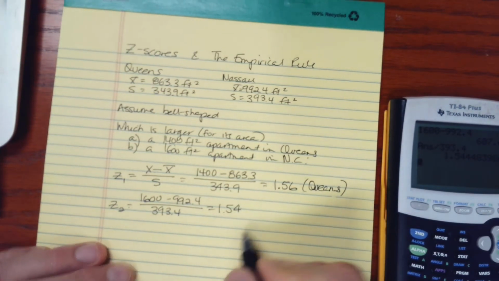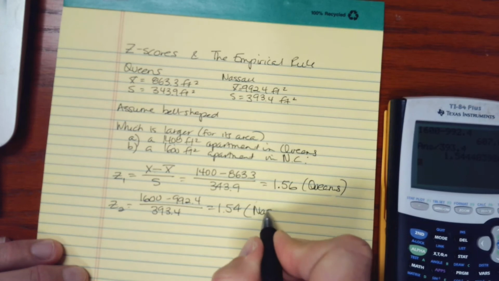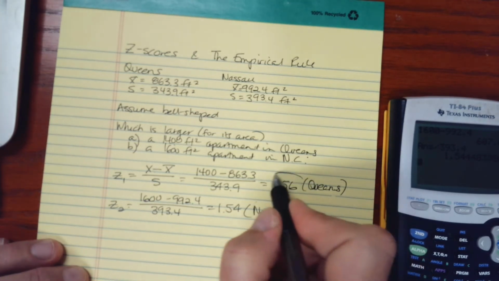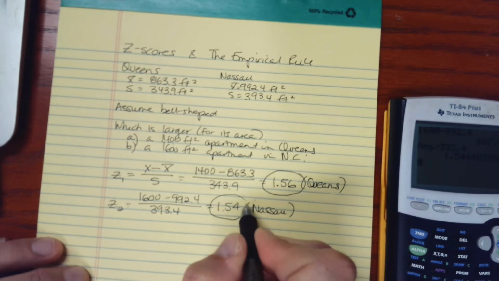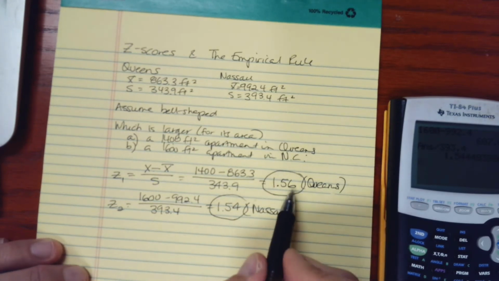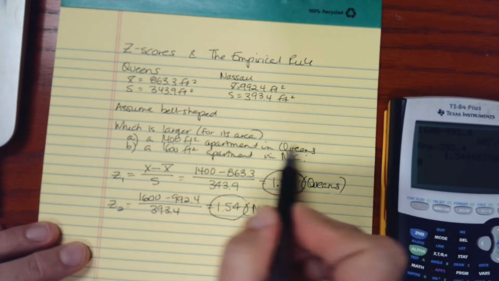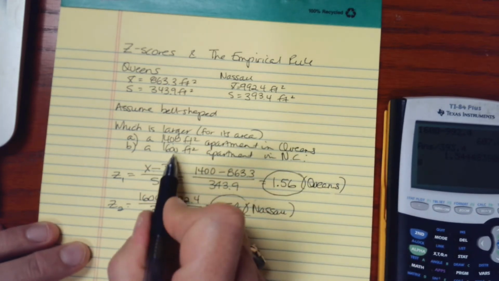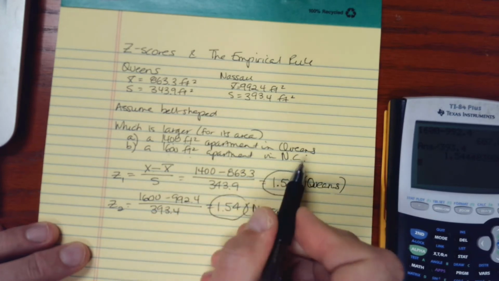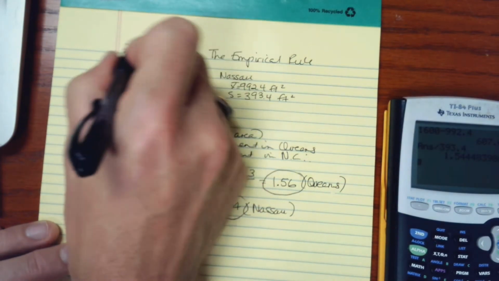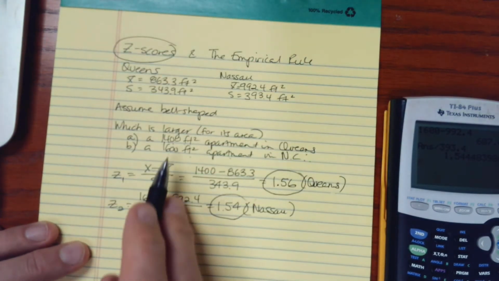I'm just going to round it to 2 decimal places. So this is for Nassau County. This z-score is larger than this z-score. So relative to its surroundings, the 1,400 square foot apartment in Queens is larger than the 1,600 square foot apartment in Nassau County. That's how we can use z-scores, a measure of position, to compare